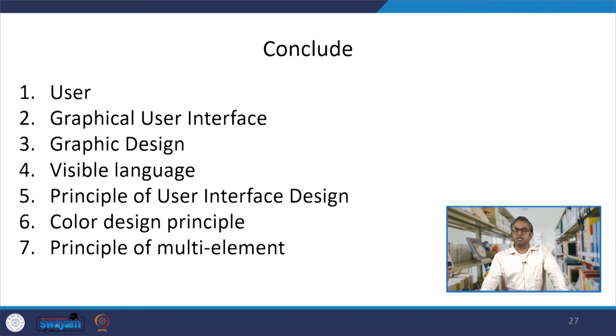To conclude this slide, we studied different types of users, their skills, their abilities, their dependency on the environment, different components which play a role in the graphical user interface, the purpose of the graphical user interface being to provide easiness